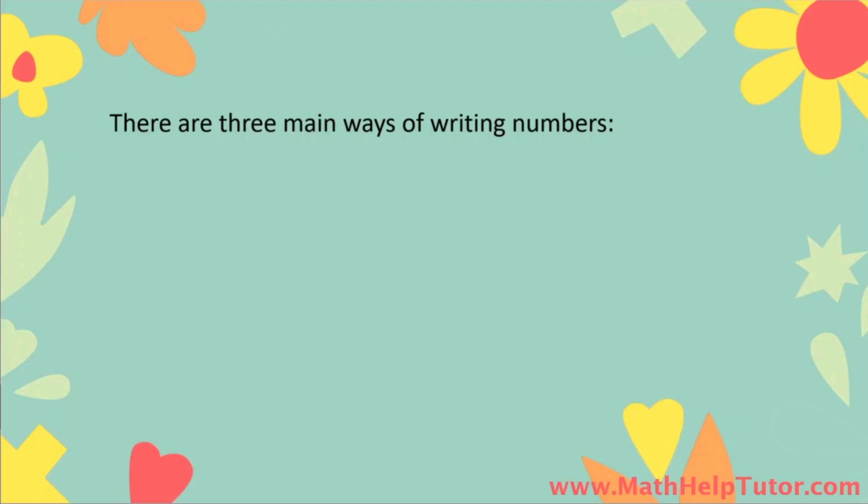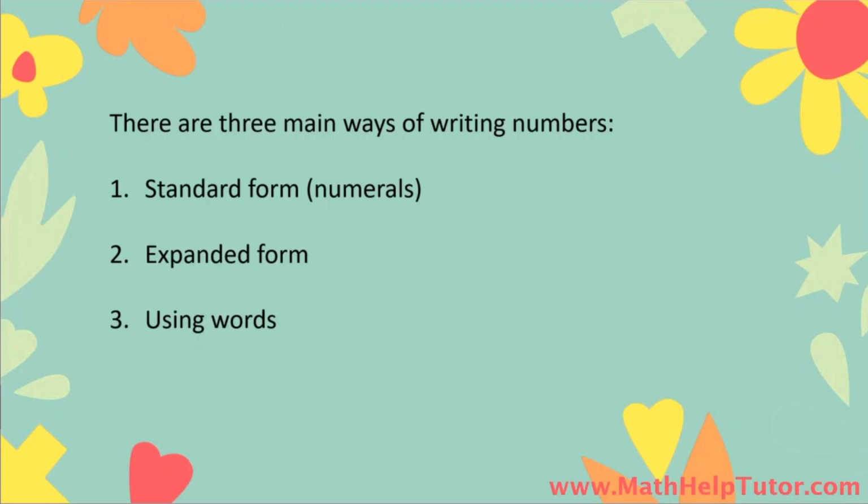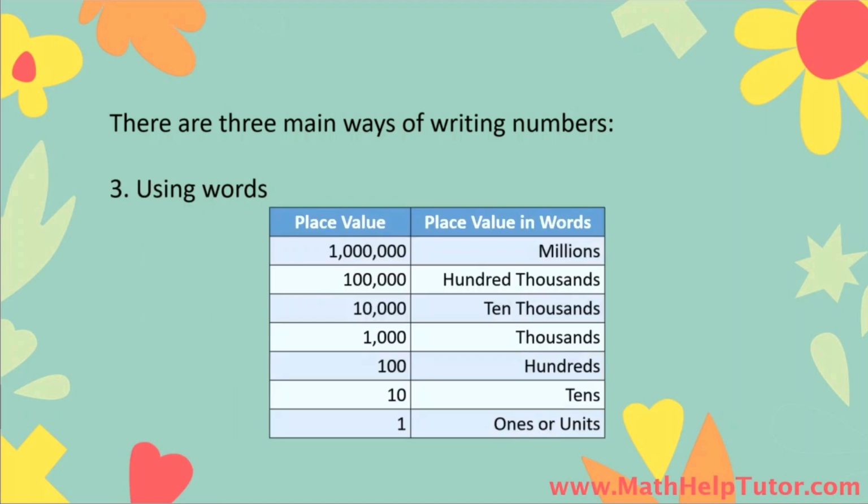There are three main ways of writing numbers. Last is, we could write numbers using words, just like how we read numbers aloud, like 2421, for example. We do this by first being familiar with the names of each of the place values. We have to know the ones, the tens, hundreds, thousands, 10,000s, 100,000s, and millions, and so on for bigger numbers,